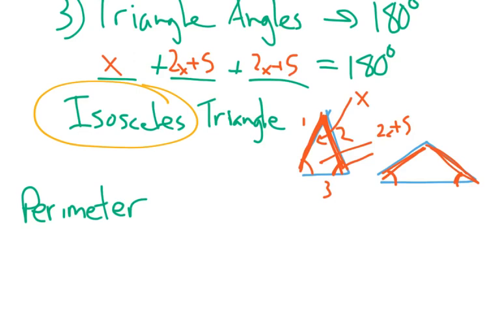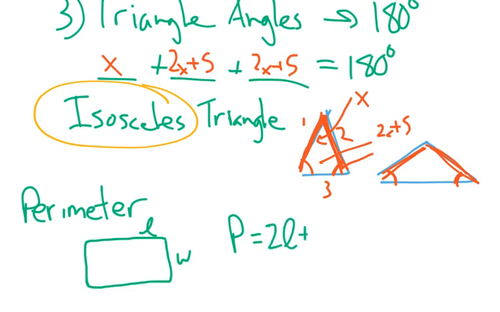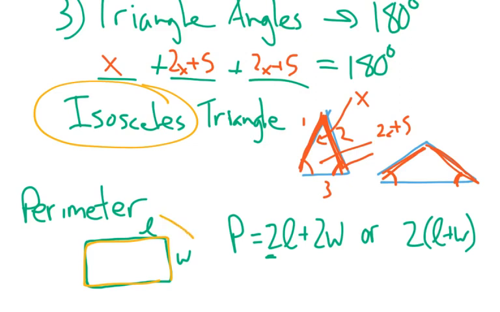And so perimeter is just the length around something. And the biggest mistake I see a lot of students making is forgetting that with a rectangle, the perimeter is equal to 2L plus 2W, or you could say it's 2 times the quantity L plus W. A lot of students tend to forget that you have to have all 4 of these sides, 1, 2, 3, 4, and they only add those 2,